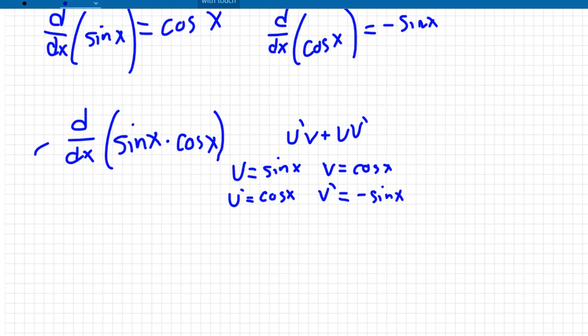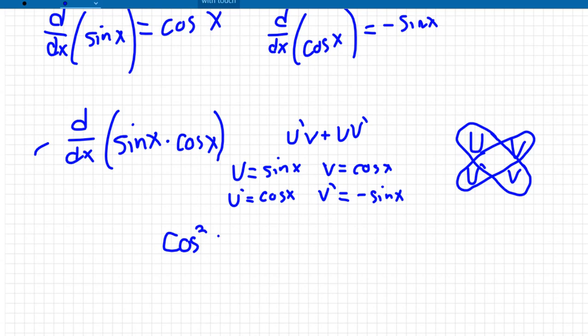Now if we plug everything in, it's very straightforward. A pretty good way to look at this visually: you have u and u prime, you have v and v prime. It's kind of like a cross multiplication almost. So you take those terms and those terms, and you get u v prime plus u prime v. So in this case, u prime is cosine, v is cosine, so this would actually be